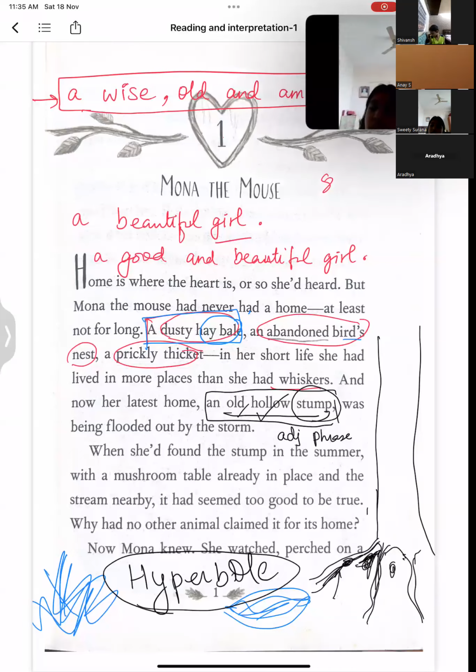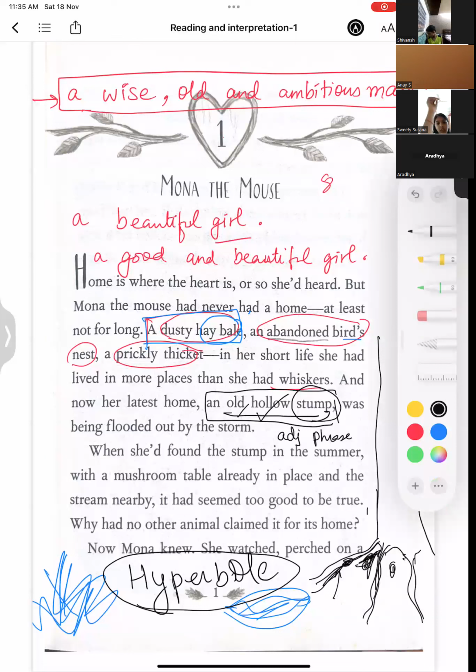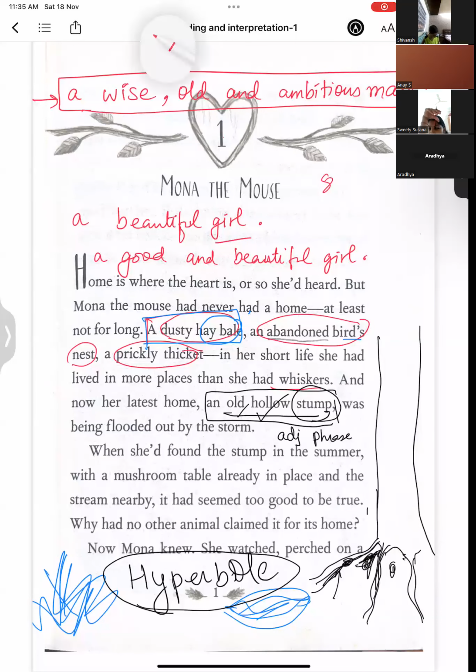You've always heard, children, that when you are writing, you have to be descriptive. So description का ये मतलब है कि before you write, you should draw everything. What I am doing here is, while I'm reading the text, I'm drawing. Now see, summer season, you get mushrooms over here.